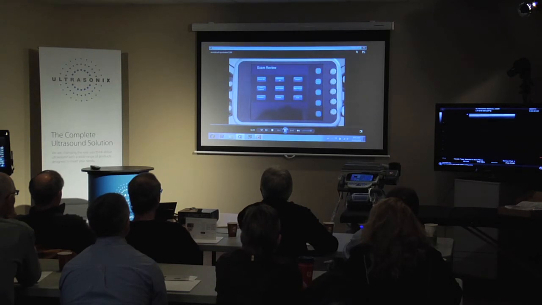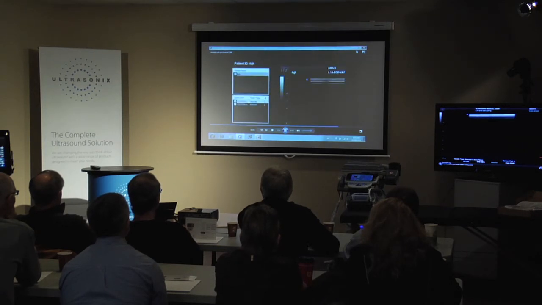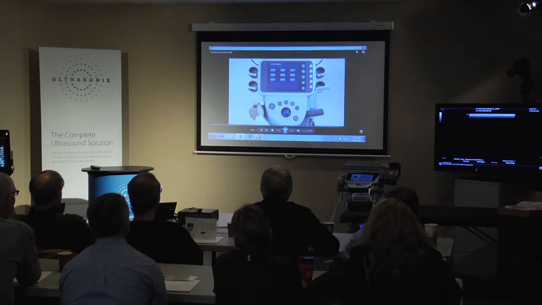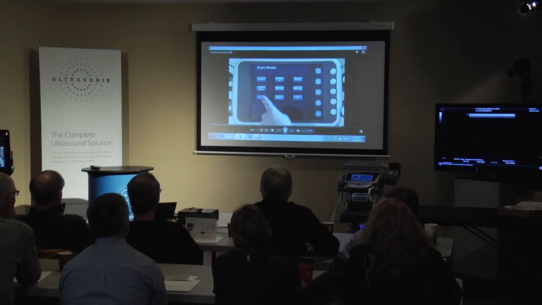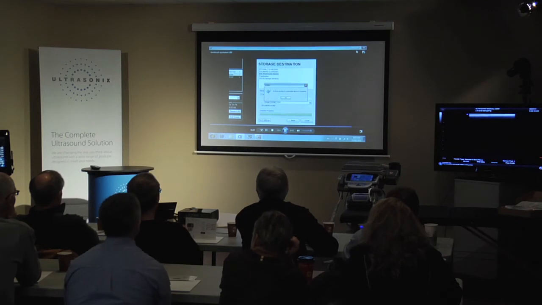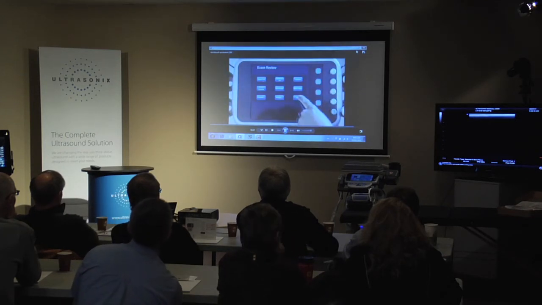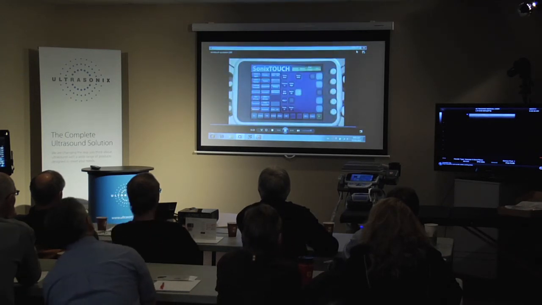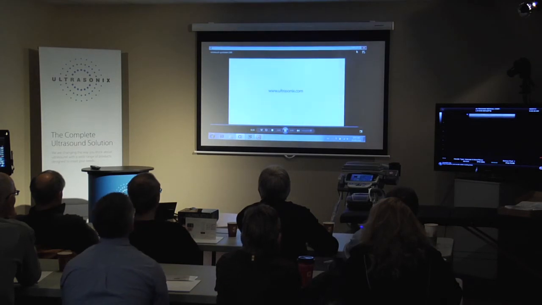Select the patient examination and transfer. For the purpose of this demonstration, I will transfer onto a USB device that is connected to the left side of the console. I select the removable E-drive as a storage destination, choose a desired image format, and tap Send. Click OK, exit the Exam Review window, and that completes this tutorial. For more details, please refer to the Sonix Touch user guide. Thank you